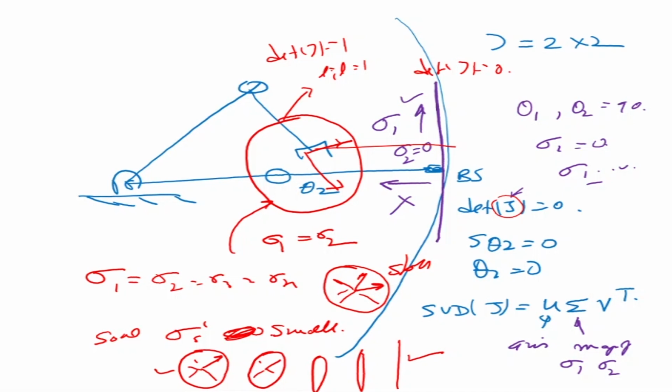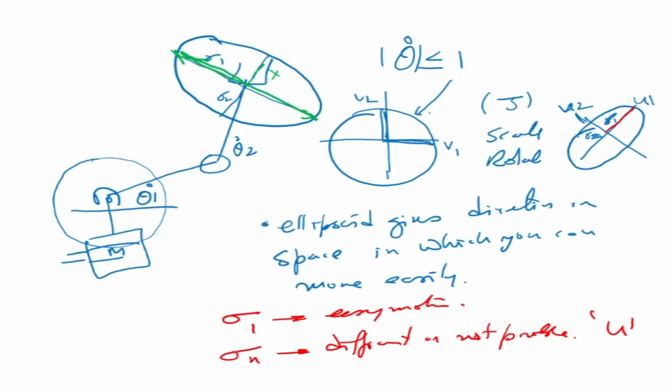So this gives us a very, very important relationship, or it tells us something about what the Jacobian is doing. The Jacobian is a matrix and it is behaving like a linear operator. So in any equation y is equal to Ax, this is what A is doing. In our case, this is what J is doing. It's interesting that when you look at the linear operator, what J is doing is it is taking the joint velocities, squeezing them and then changing their axis, because of which the end effector is always becoming an ellipse.